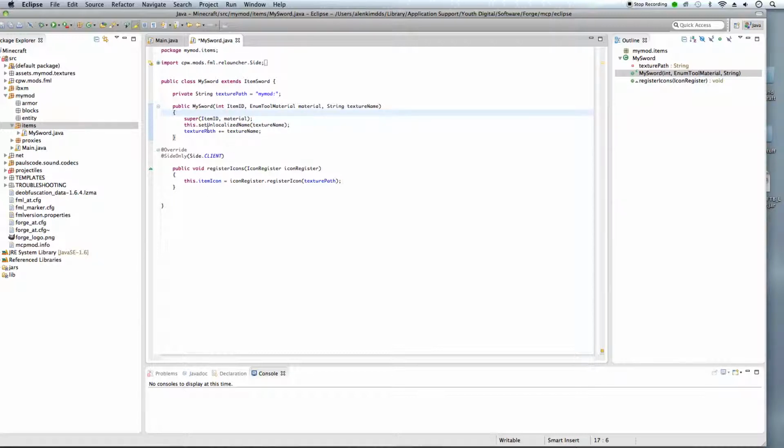This dot, oh, I already said it. Texture path plus equals texture name semicolon, and then this end mark right there, and then at override at side only parentheses side dot client enter public void register icons parentheses icon register icon register, and then this little out sign right here, and then this dot item icon equals icon register dot register icon parentheses texture pack, and then a semicolon, and then the end marks,